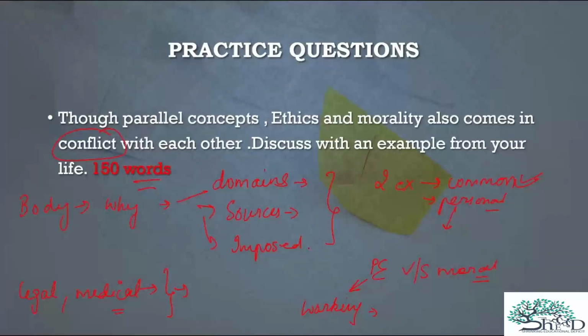So what do you do? In morality, you feel that this job is not working out because it is not letting me have a work life balance. But you understand that there are some ethical responsibilities towards the job also. So sometimes things go beyond time. But what do you do? You create a balance. Either you find another job, or you try to talk to the manager and say that you have such commitments and you are okay with such things for a short while, but not in the longer run. So these are examples where ethics and morality come into conflict.